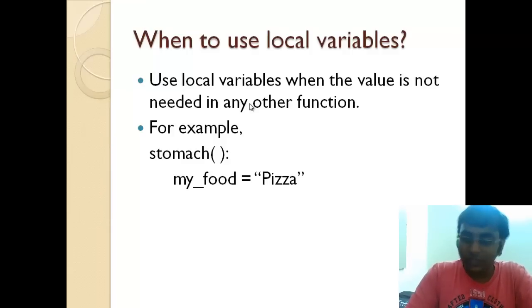I would eat my food, say my food is pizza. So obviously my food would go in my stomach and not in someone else's stomach. So over here you can use my food in only this function, and so you can declare my food as a local variable. So this is how you can differentiate between local variables and global variables and use them